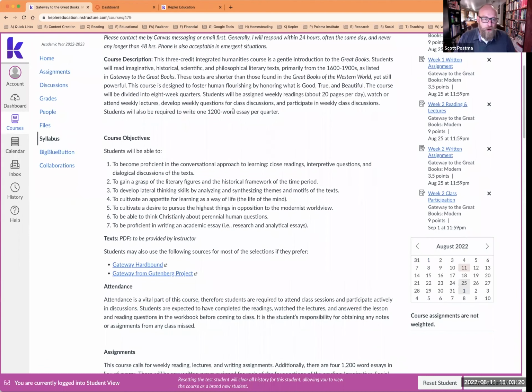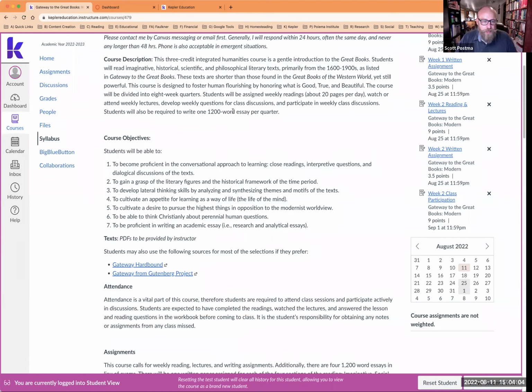The course objectives are mentioned here. I would encourage you to read over all 7 of them. I'm not going to bore you with reading them out loud, but basically these 7 things are hopefully going to help you engage great works by thinking well and thinking Christianly about big ideas, and becoming proficient in writing an academic essay. And the reason that that's important is because, as Ambrose Bierce once noted, thinking is writing, writing is thinking. Good writing is nothing more than clear thinking made visible. And so that's what we're going to try to learn to do in this class.